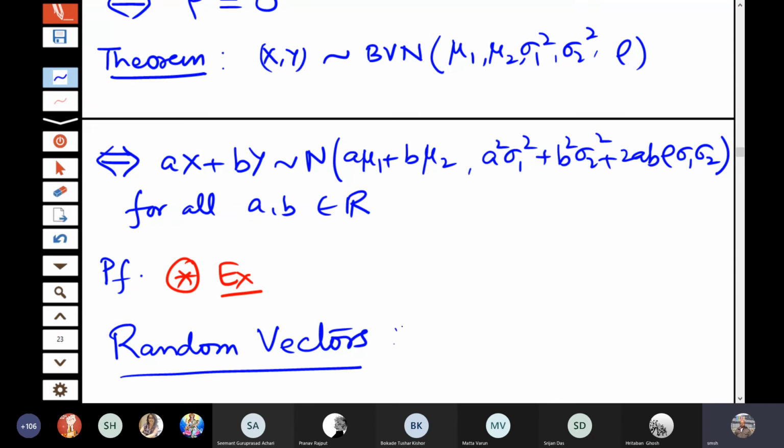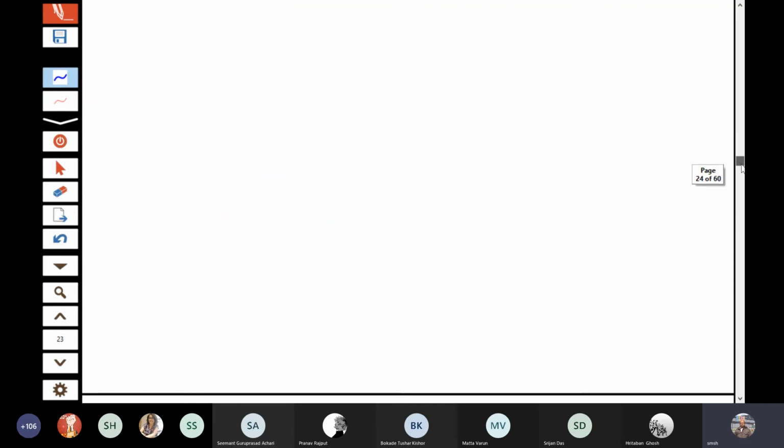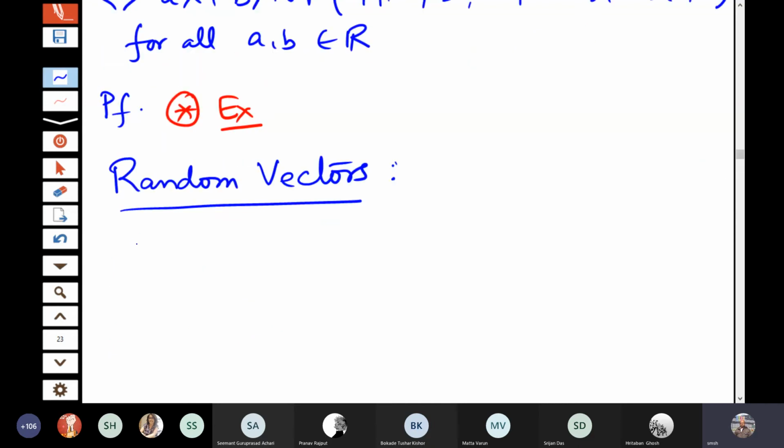So this concept of a two-dimensional random variable we can easily extend to 3-dimension, 4-dimension, and in general k-dimensional random variable. So I actually carried out all the detailed expressions for the two-dimensional, so that in the general case I don't have to write repeatedly all those things. So I will just give the notations here. For example, x is equal to x1, x2, xk is a function from omega into rk.